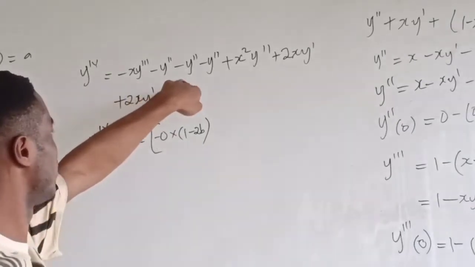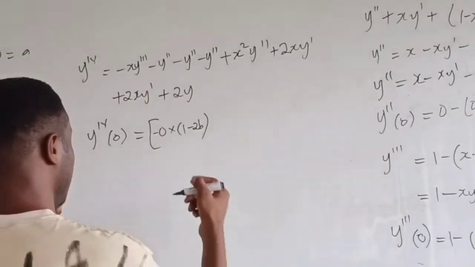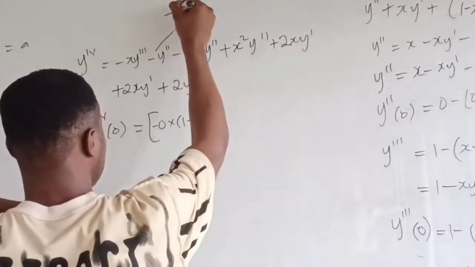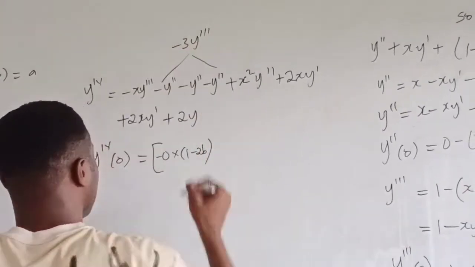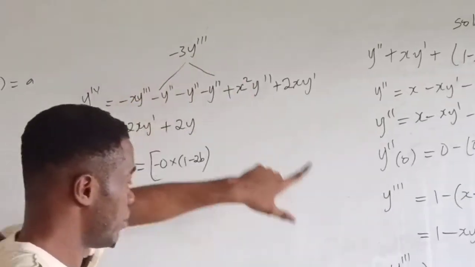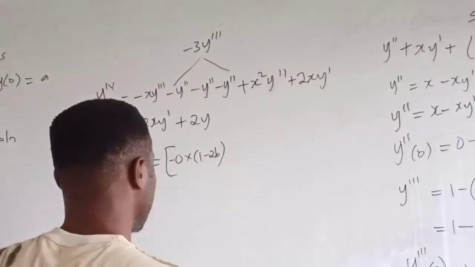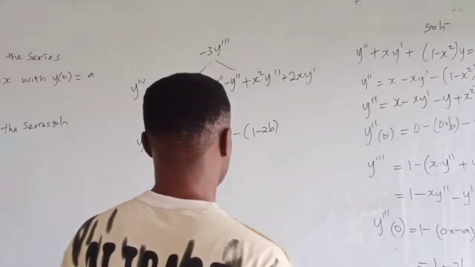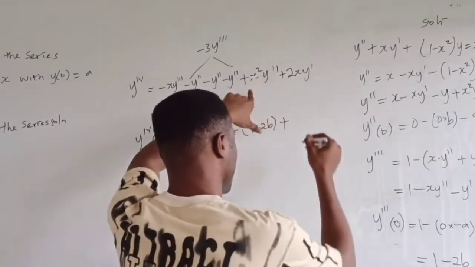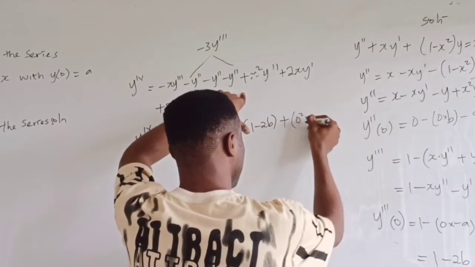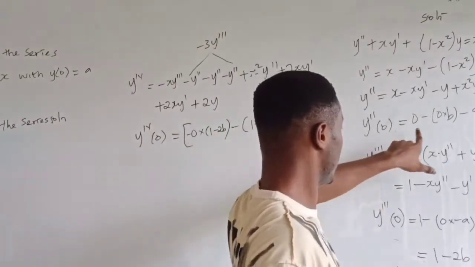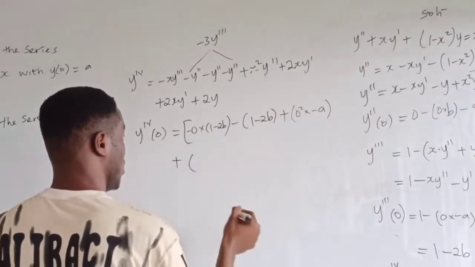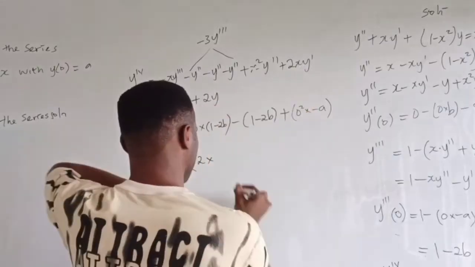So looking at these three differentials, they are alike, so I can factor out 3 of them, which means minus 3 y prime prime. From here our y prime prime is 1 minus 2b, and of course it has negative outside, so I have negative of 1 minus 2b. Plus our x, of course, is 0, so 0 squared times our y prime prime. Our y prime prime is negative a, so we have negative a